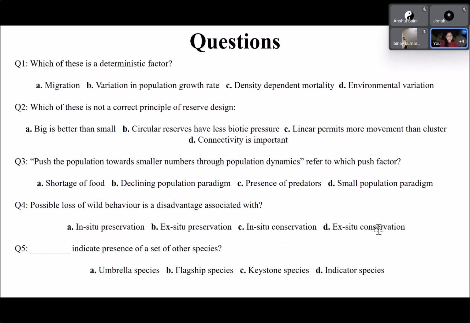So, yes, concluding this last module of the first part of this course, there are a few topics, unfortunately, which I couldn't put here. Let me highlight this here so that it becomes easy when you look into the lecture notes. The first one here is about the deterministic factor. The deterministic factor becomes important when you are looking into population growth, and you need to understand the population growth rate because you are trying to